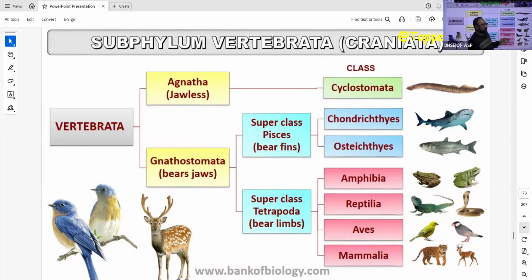तो subphylum Vertebrata को हम details से देखेंगे. And proper form of classification करेंगे. तो यहाँ पे classification कर रहे, थोड़ा ध्यान दो. ठीक है? Fine. तो subphylum Vertebrata में, first thing is Agnatha and Gnathostomata. Agnatha is jawless. Those who do not have any jaws are referred to as Agnatha. Those who have jaws are known as Gnathostomata. ठीक है,